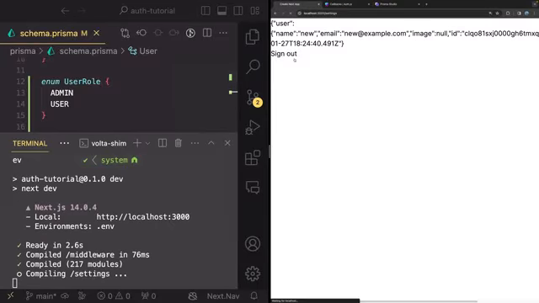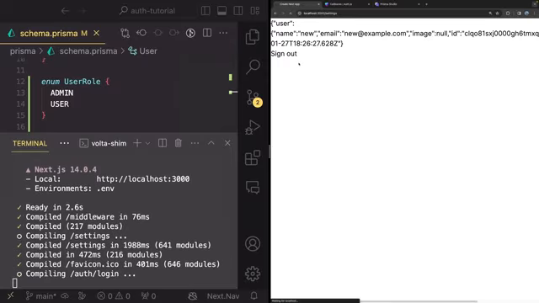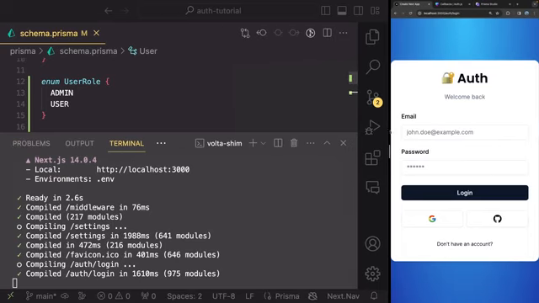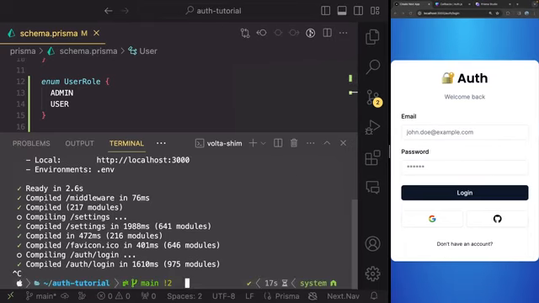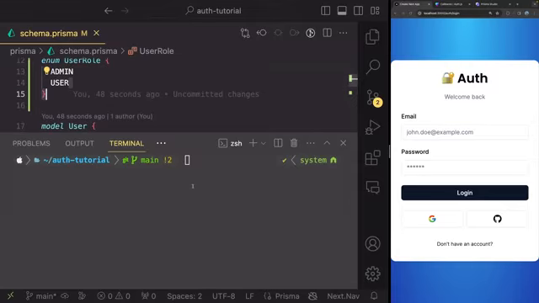Since we're going to remove some users, I think it's better that we don't mess with the cookies. So let's go ahead and sign out. Of course, I believe this isn't a problem for NextAuth. I'm pretty sure they can handle deleted users, but just for development, I don't want you to have any problems while you're doing this. So make sure that you are signed out, make sure that you've updated your schema.prisma,